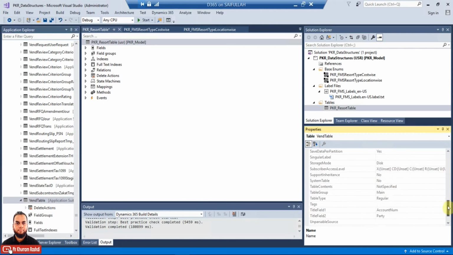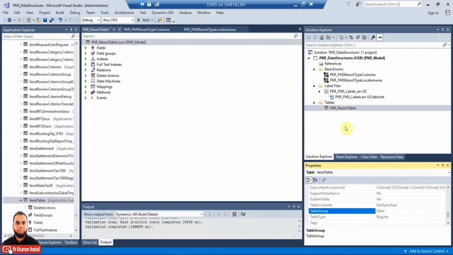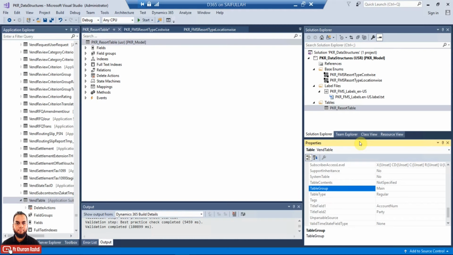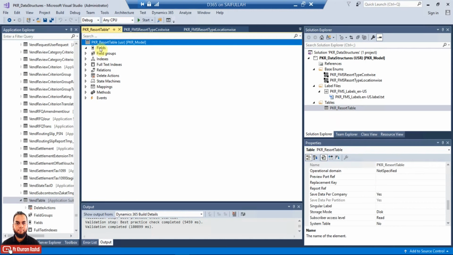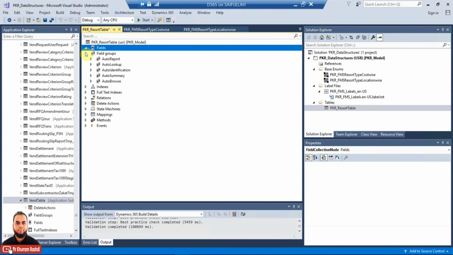Here we are in the table, and you can see the table group property is Main, which is for the list of items, or the list for a certain table which has a list of certain items. So we have just created this table and it is in our workspace, and there is no field, and there